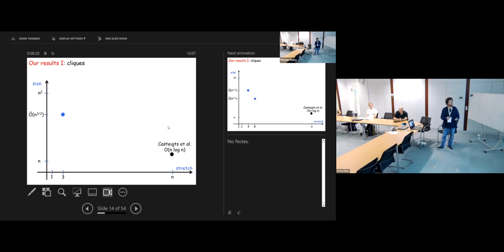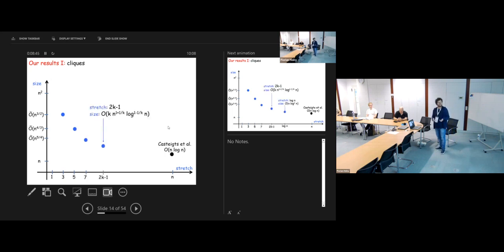For instance, we are able to prove that there is a spanner with stretch 3 and size roughly n times square root of n. I will not care about polylogarithmic factors here, more or less. So we are able to prove this trade-off here, and we are able to prove that it's possible to compute a sparser spanner with stretch 5 and an even sparser one with stretch 7. And the general trade-off we are able to guarantee is this one. You can get stretch 2k minus 1 with size roughly k times n to the 1 plus 1 over k